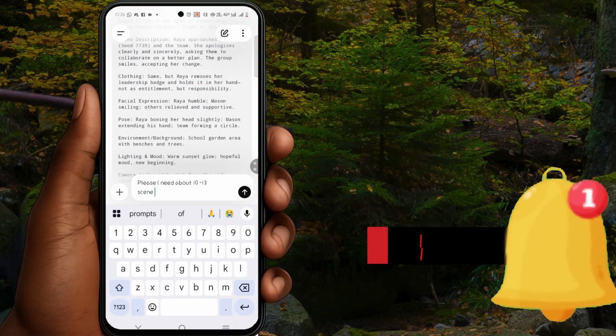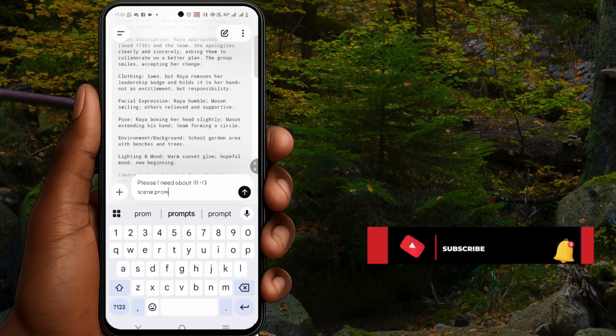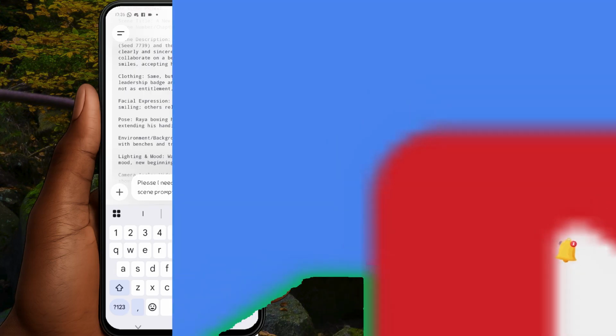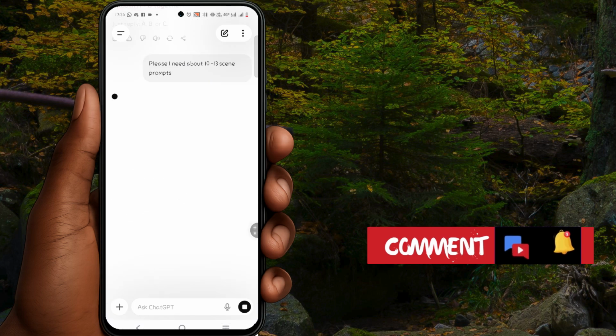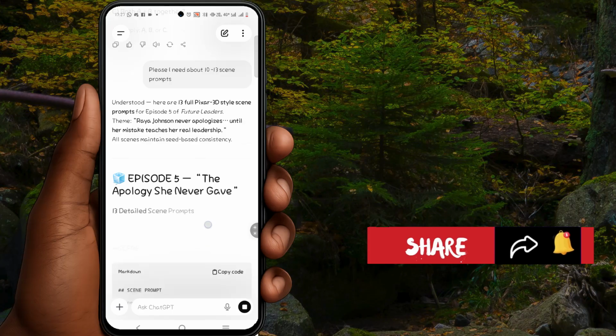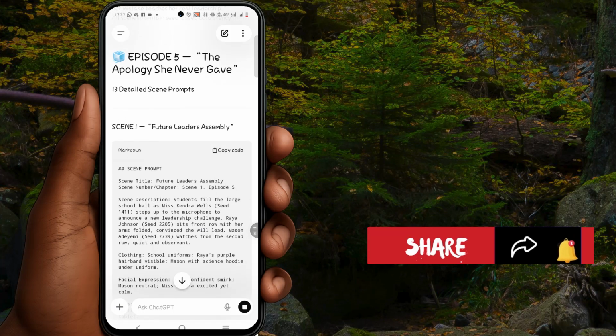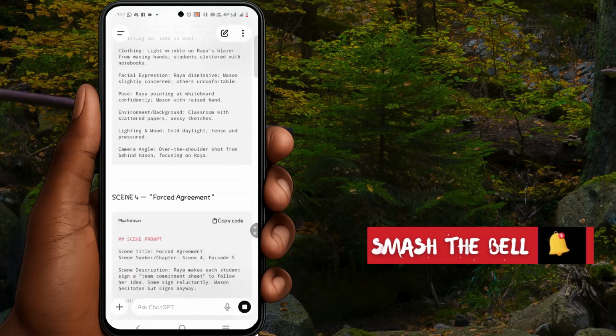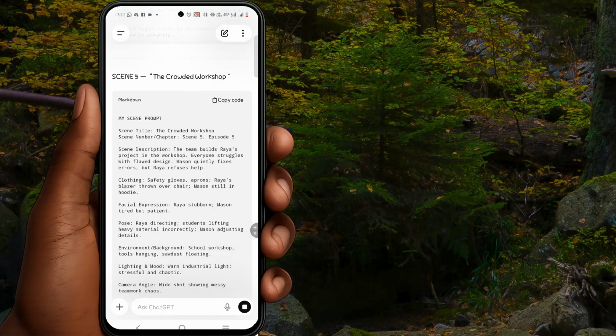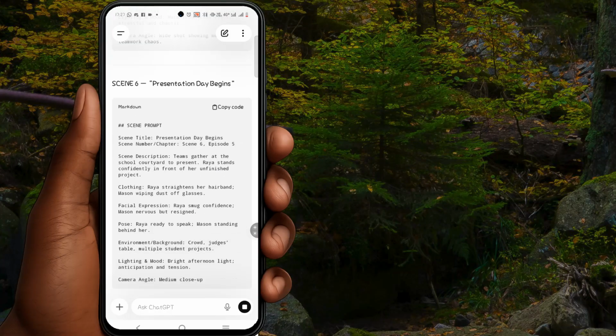So here I'm trying to prompt it to give me at least 10 to 13 scene prompts because I can't work with just 5 prompts. So I'll tell it I need about 10 to 13 scene prompts for this story so that I have enough pictures for me to create my stories. Remember that it has already given me the character profile, so I can easily copy the character profile. And so when it's done, I'll pick it up and go ahead with my creation.